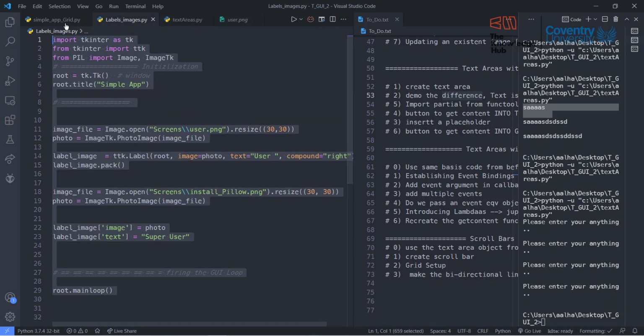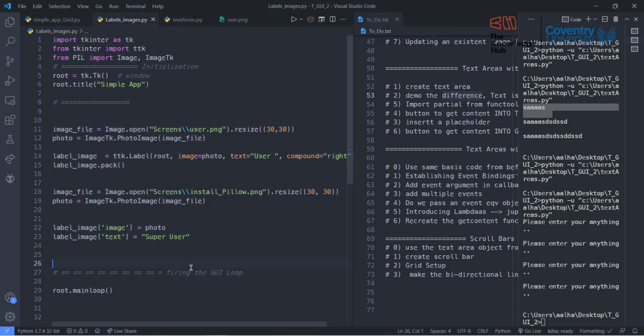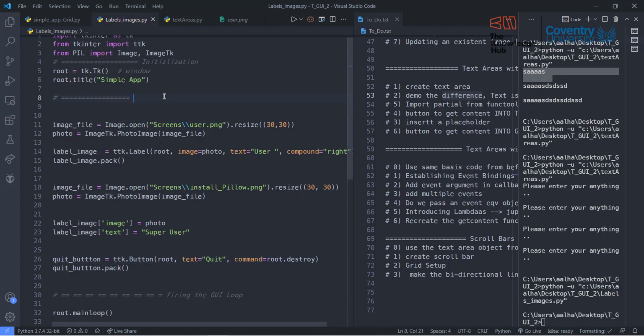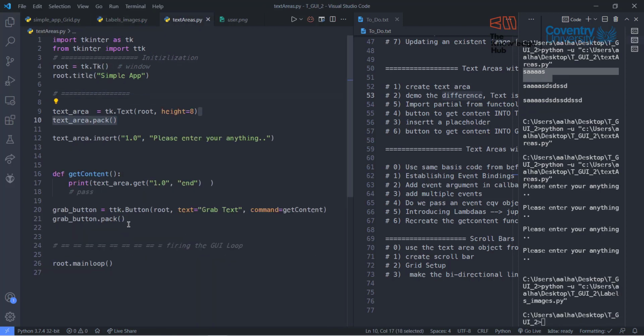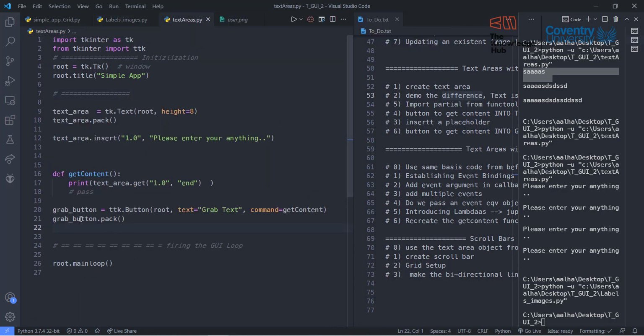Actually, I need the quit button because I can't really close it manually every time. So I'm just going to add a quit button, and this is going to be back, and this is going to be root. Oh, I did this edit in the wrong file. Anyways,